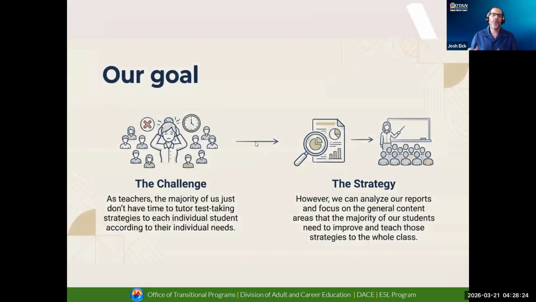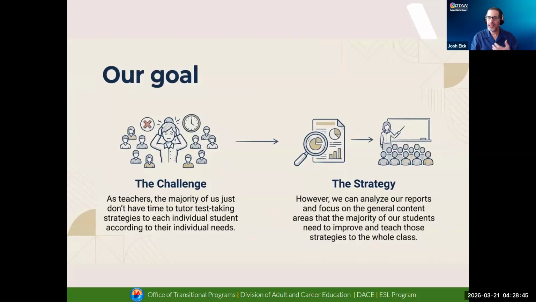Okay. So what is our goal as teachers who are giving CASAS tests to our students? As teachers, the majority of us just don't have the time to tutor test-taking strategies to each individual student according to their individual needs. I wish we did, but our time is tight.